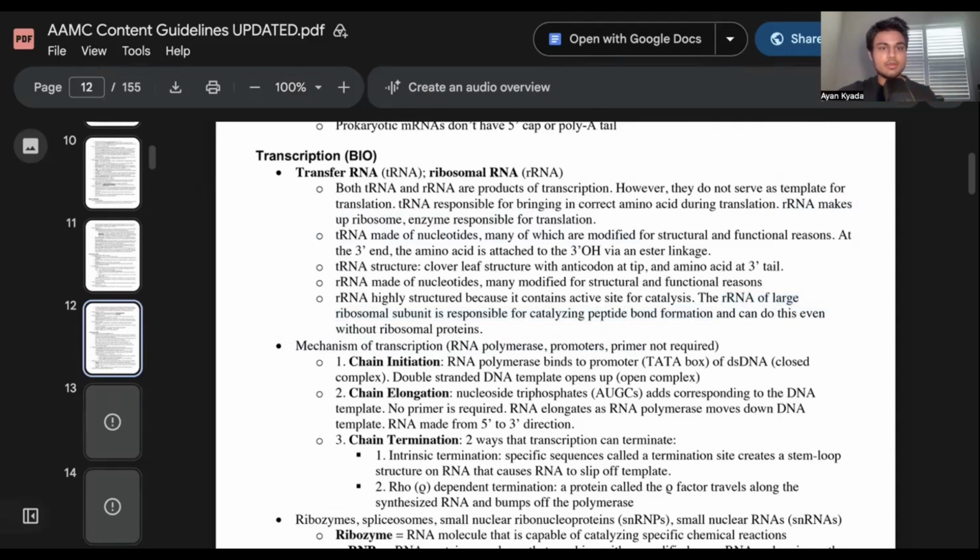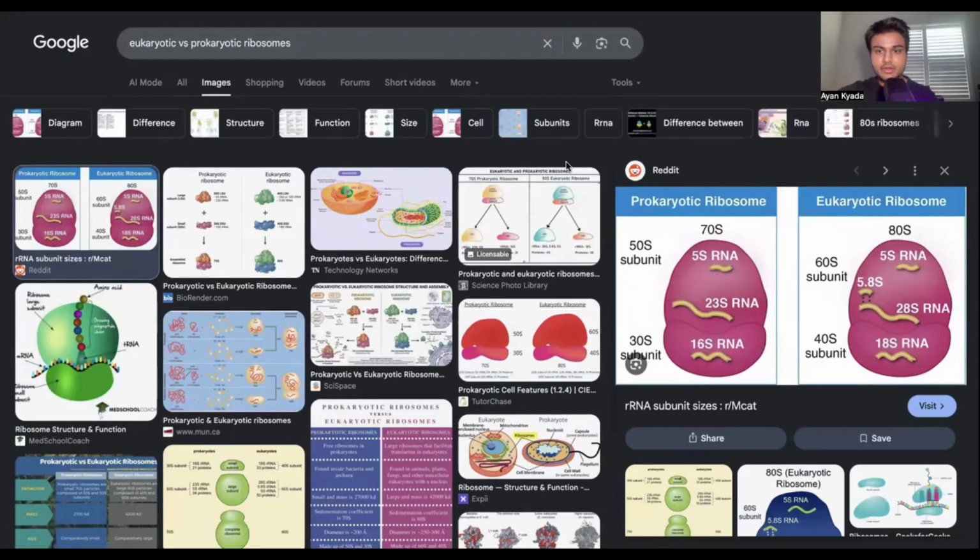So when we look at ribosomes in particular, we notice differences between the prokaryotic and eukaryotic ribosome. The prokaryotic ribosome has a 50S large subunit and a 30S small subunit. The eukaryotic ribosome has a 60S large subunit and a 40S small subunit. So for each, the large subunit, respectively the 50S and the 60S, is what's going to carry out the peptide